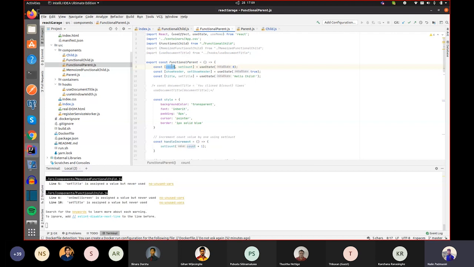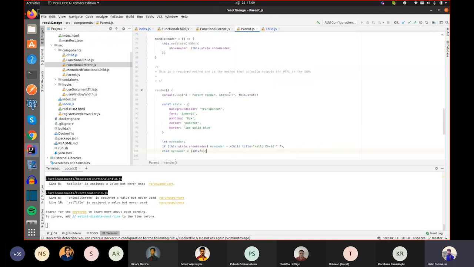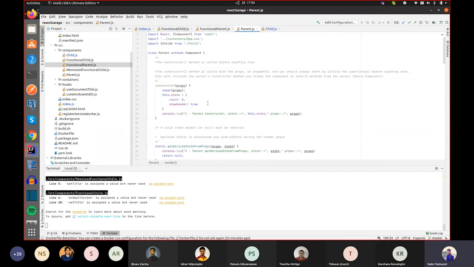You define your state as the first element in the array, and the second is the function you call whenever you need to change this state. Initially I have added these using useState: the count is 0, the show header value is true, and the title is "hello child". The child is very similar, identical to this part.